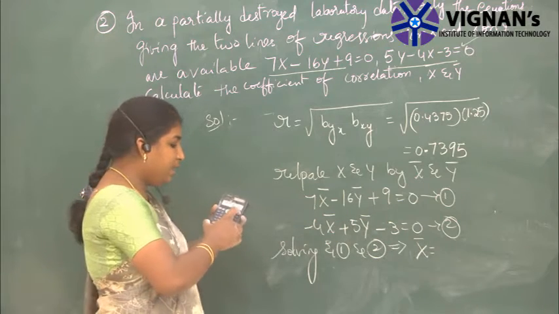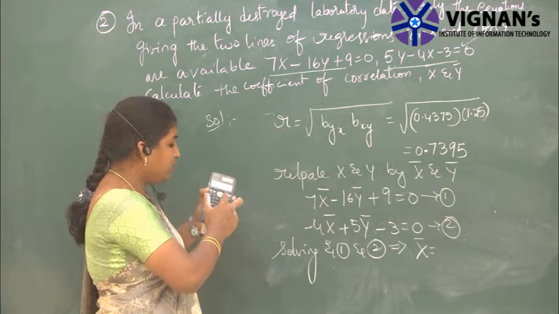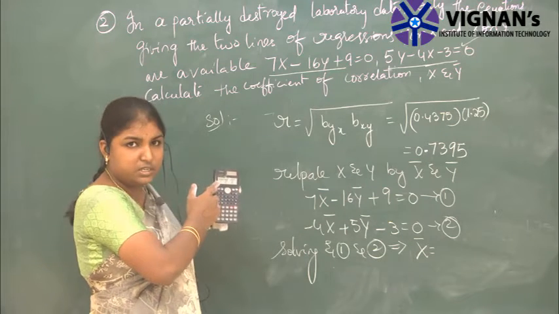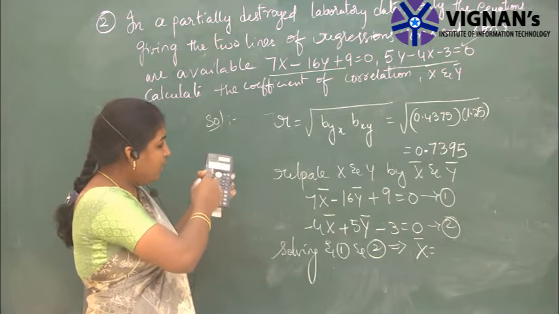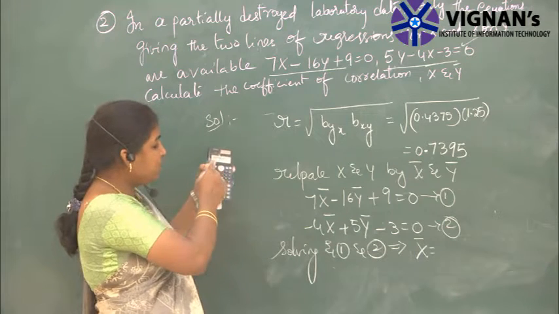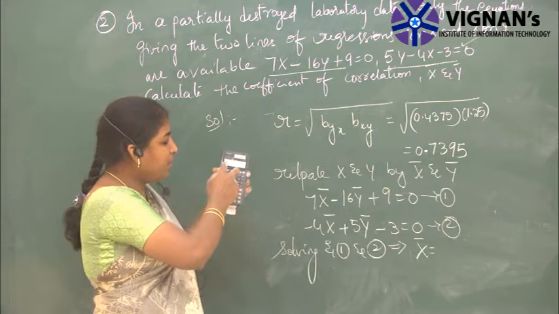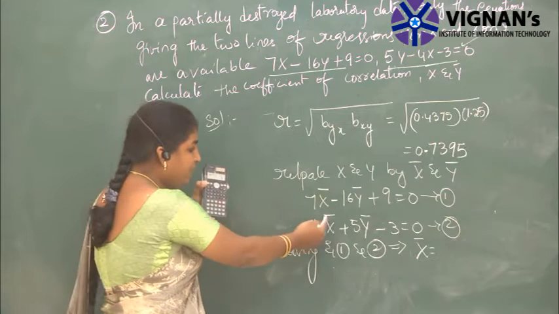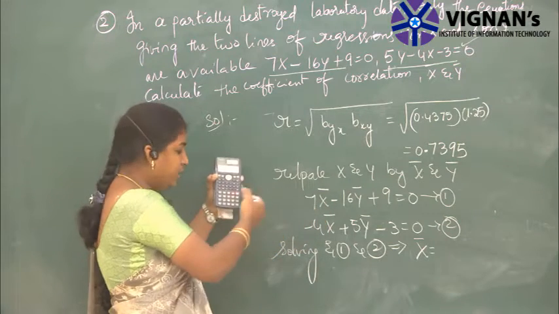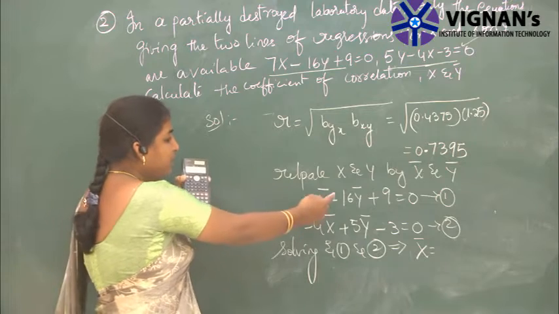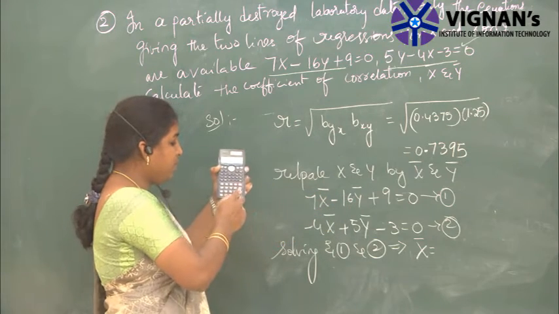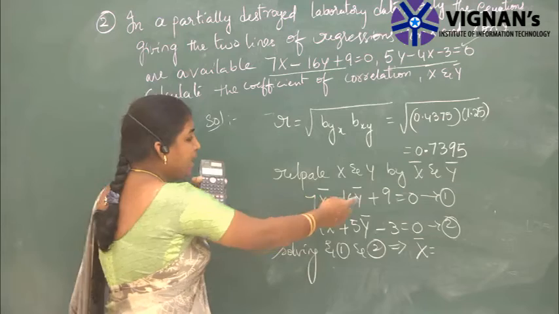So in your calculator, we are going to press mode 3 times, we get equation 1. So press 1. Here we want to find out two unknowns, 2 unknowns we are having. So you have to press 2 and give the values of A1. A1 means first equation x bar coefficient 7 equal to, next y bar coefficient minus 16 equal to, and C